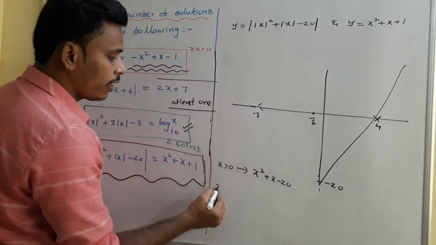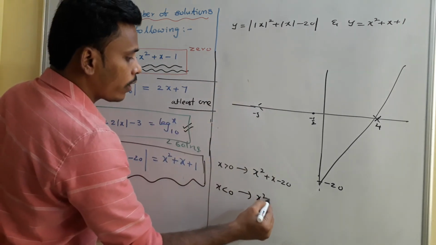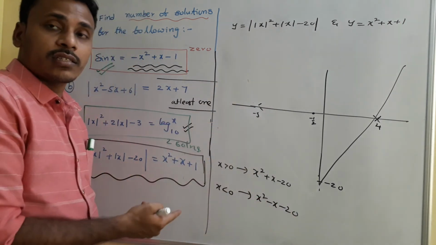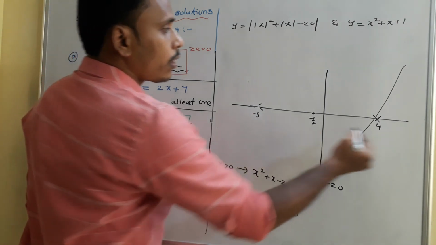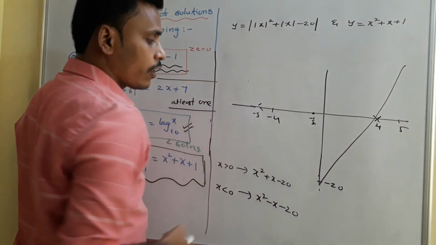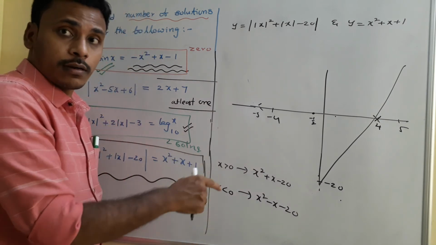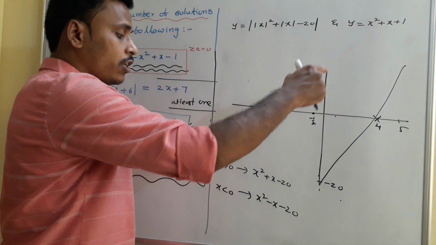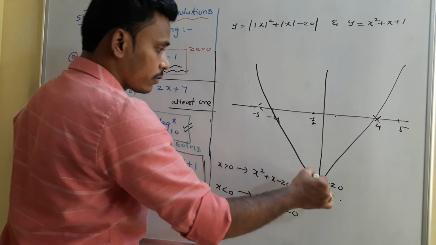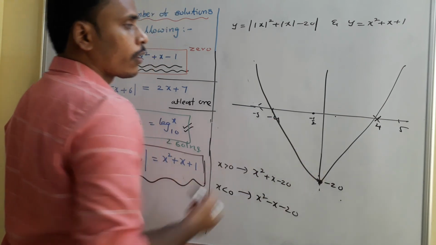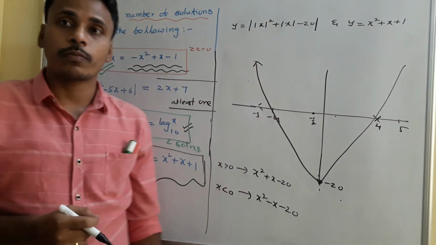Okay. Similarly, if x is less than 0, then this inner one will become what? Yeah, x square minus x minus 20. Then in this case I will write x minus 5 into x plus 4. Okay, so 5 is one solution, minus 4 is another solution, and it has a peak at 1 by 2, and again at x equals 0 it is passing through minus 20. After sketching, you need to neglect the graph in the positive region, so for sure it will be like this. Okay, so this is the graph of this inner one actually, mod x square plus mod x minus 20.